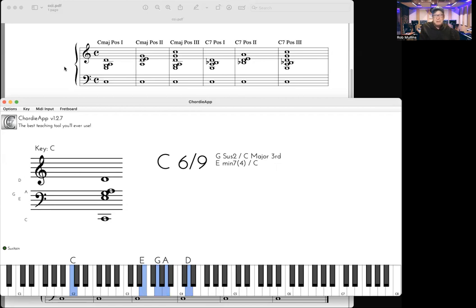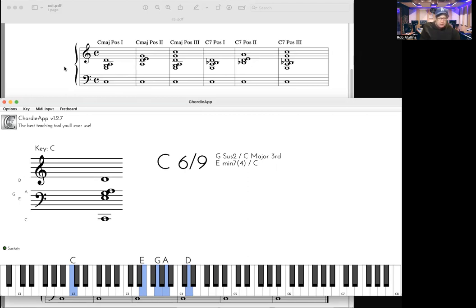But if you're seeing it on a page, it could just be written as a C, or it could be written as a C major 7, or it could be written as a C6 add 9. There's all these ways to do it. So what you really want to know is that in a position 1 chord